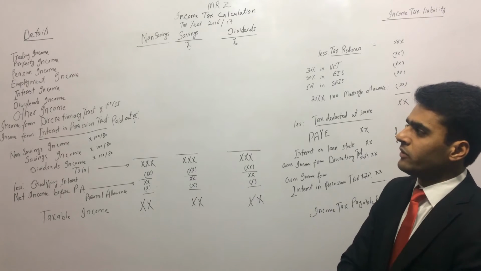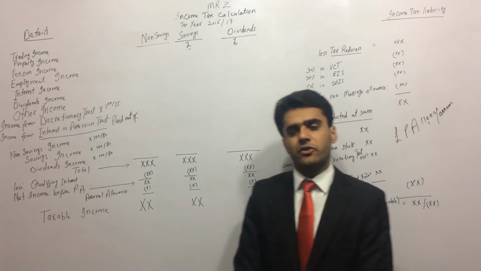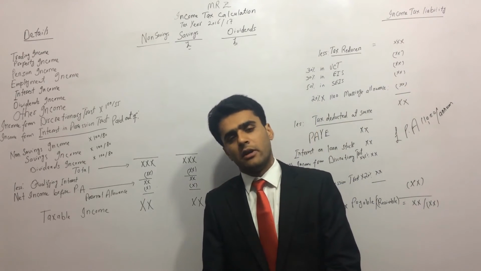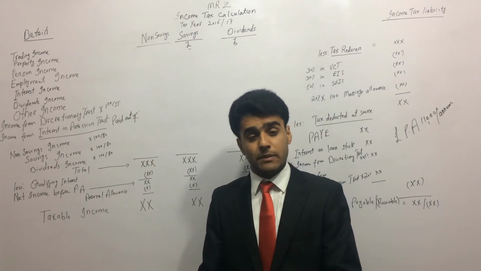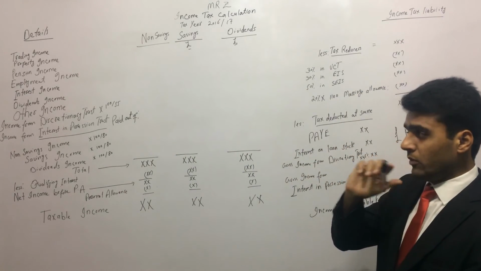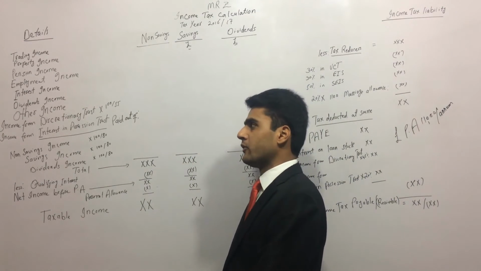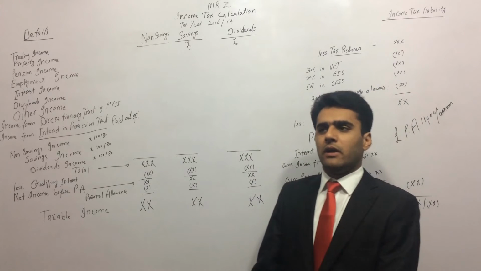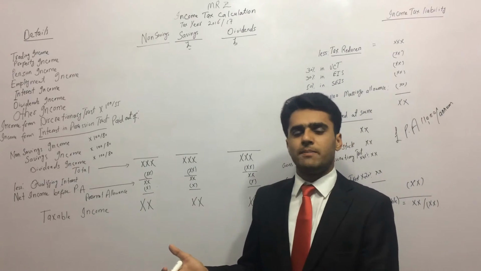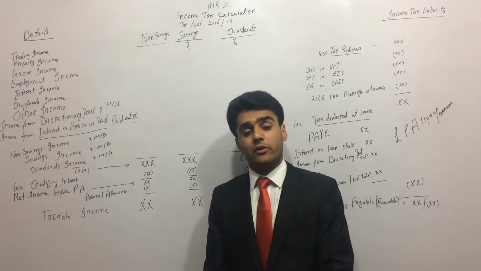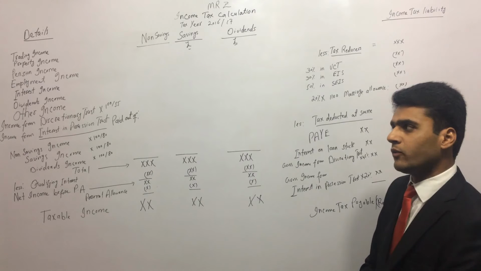Another source of income Mr. Z had was pension income. Now what pension is, I hope that you know. We will look at a separate chapter on pension in a couple of days. All of these sources of income have separate chapters, so don't worry. We will look at each source of income in detail. So for now, pension income is a source of income. Pension simply means the money which we contribute towards our pension, so that when we get retired, instead of relying on government benefits, we rely on our own money. So he had pension income as well. We will look at pension later in detail if you are not understanding it well for now.